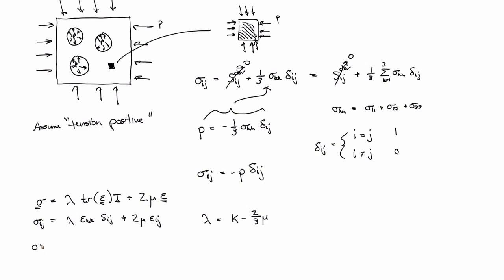And so if I plug that in, I have K epsilon kk delta ij minus 2 mu 1/3 epsilon kk delta ij plus 2 mu epsilon ij. And if I rearrange that, then I get K